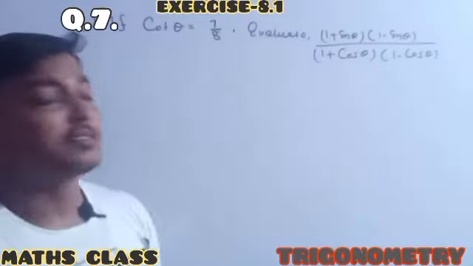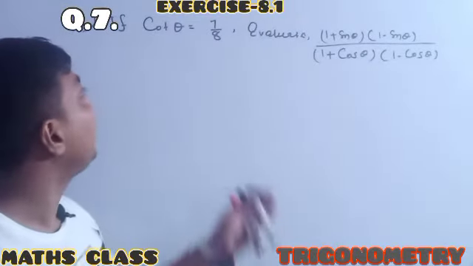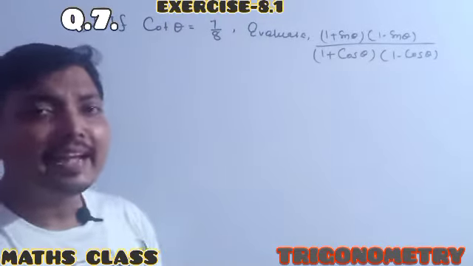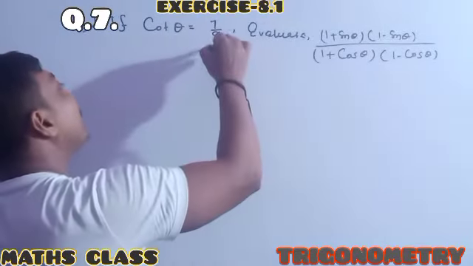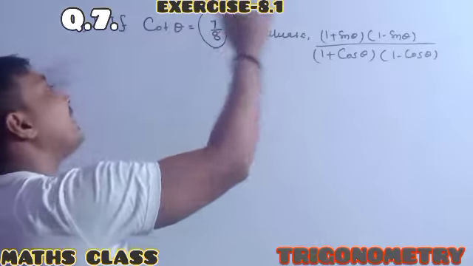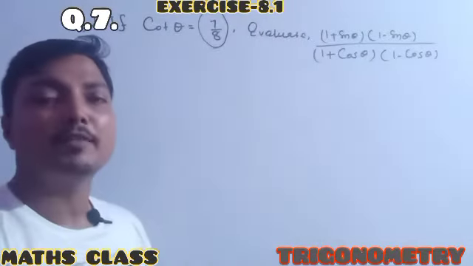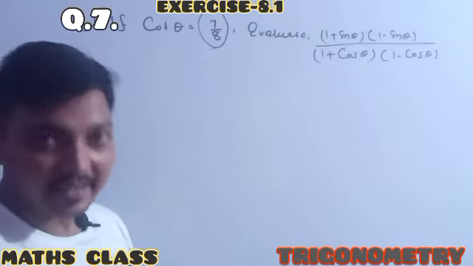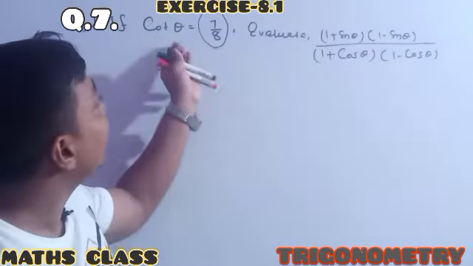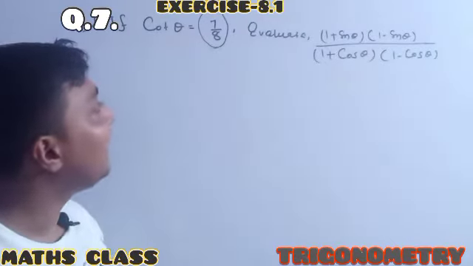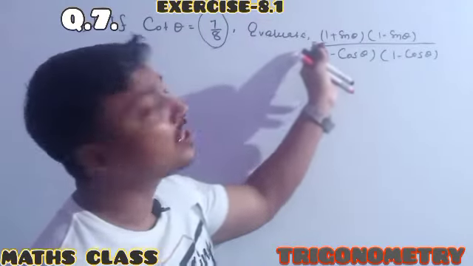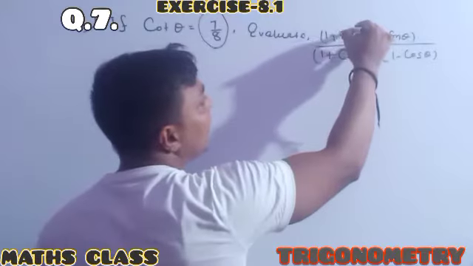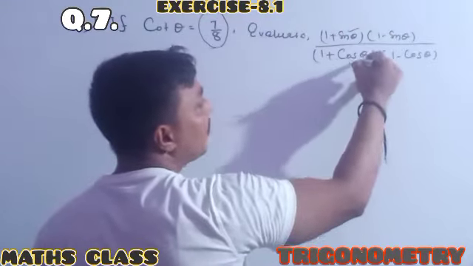Okay? Just see, question number 7. Here it is given that cos theta is 7 by 8. It means one of the trigonometry ratios is already given, just like our previous question, otherwise the last question number 3 that was done recently. So cot theta is equal to 7 by 8, and here it is asked that you have to solve the expression where one of the trigonometry ratios sin theta and cos theta is to be put.